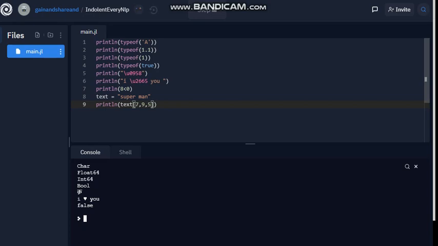If you give a minus value, it will also work. That's all about the strings here. Okay, that's it. That's about the strings.